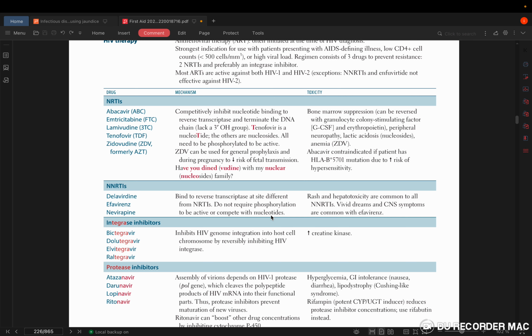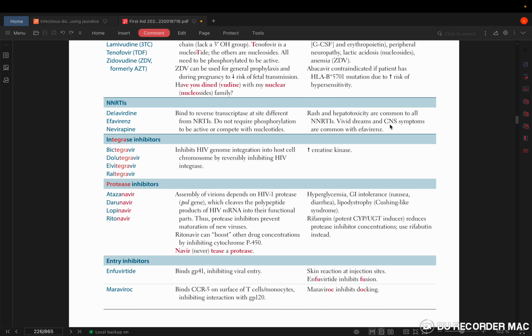But what they like to ask about in the exam is the fact that these can cross the blood-brain barrier and lead to vivid dreams and CNS symptoms. They are common with efavirenz. Guys, please write a note now. The drugs that can lead to vivid dreams, basically nightmares: one, antimalarial drugs; two,